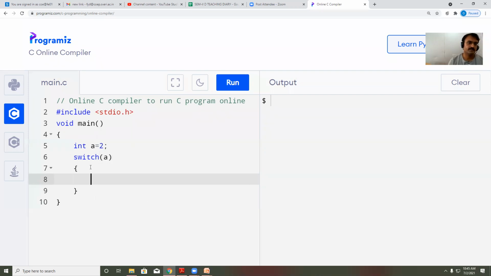bracket. So this is what I'm doing, the indentation. The void main function starts from this curly bracket and it ends with close curly bracket. The switch function is going to start with this open and here it will close. Now what is the syntax? Switch, and here I'm going to write case. Let's say case 1. Now what is case 1? I'm going to